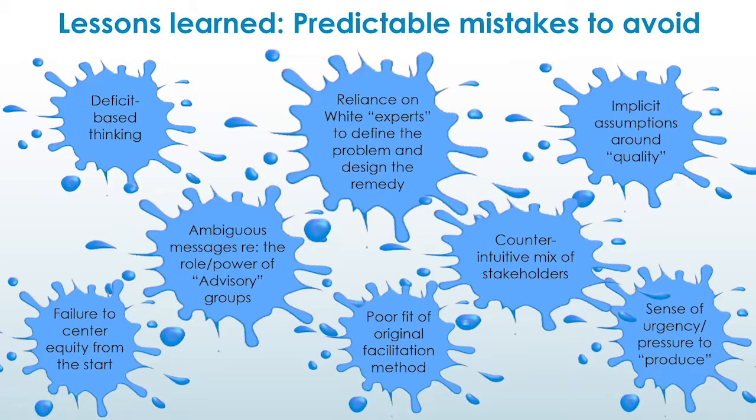And here I've just highlighted, I think, a few of the worst offenders. For example, we have this ubiquitous deficit-based thinking and an awful lot of implicit assumptions around what quality means that probably need to be unpacked. We need to recognize that it's not just neutral, universal science at play here, but white dominant values and structures that often get in the way. I would also argue that we need to stop centering white experts to define the problems and design the responses. So chances are good if we continue in that vein that we will continue to step in these puddles.